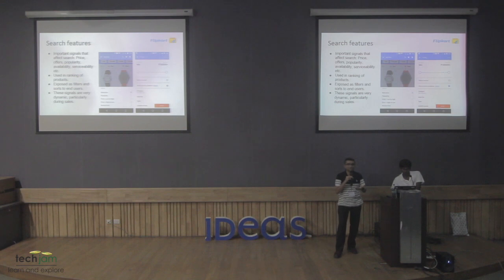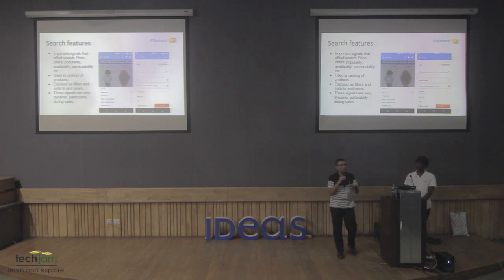What are the offers associated with it? So what is its MRP? How much is the discount on it? What is the time it takes to deliver this product to you, and so on and so forth. So it's kind of a hybrid between a structured and an unstructured search, and that's what makes e-commerce search particularly